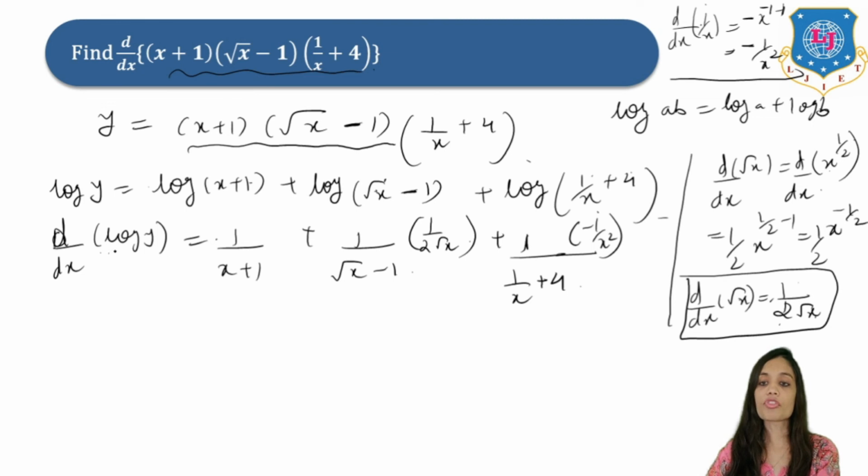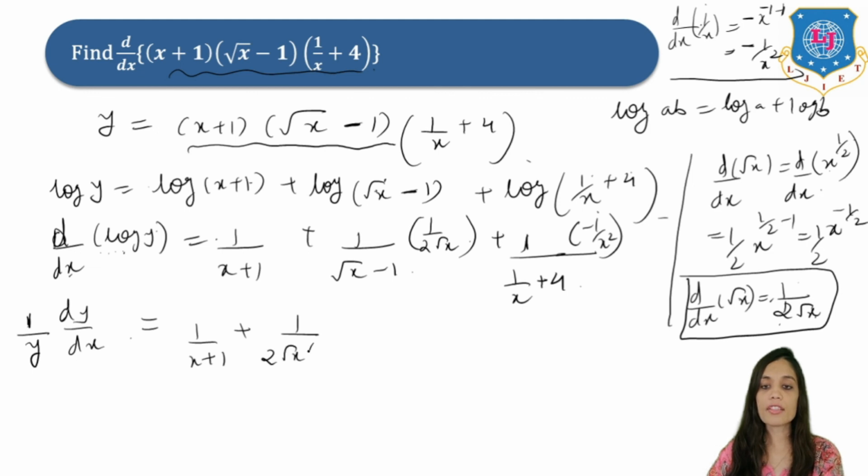Now here we are remaining to find the derivative. So derivative of log y will be 1 upon y dy by dx. We will write the simplified version of this. It will be 1 upon (x plus 1) plus 1 upon 2 root x into square root (x minus 1). If I take the LCM, 1x will get cancelled out. Now, plus minus minus. So minus, if I take my LCM, what will remain? 1 upon x into (1 plus 4x). 1x will get cancelled out.